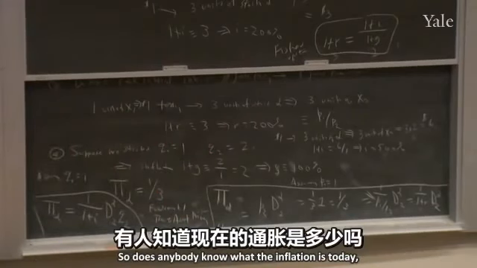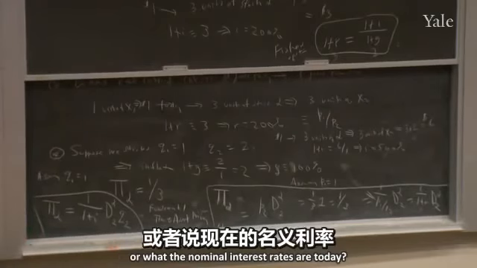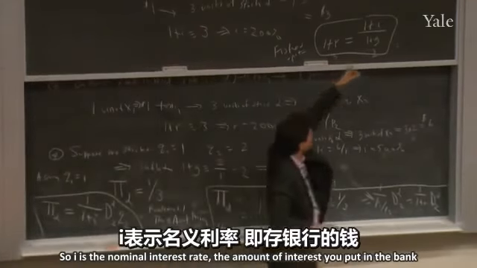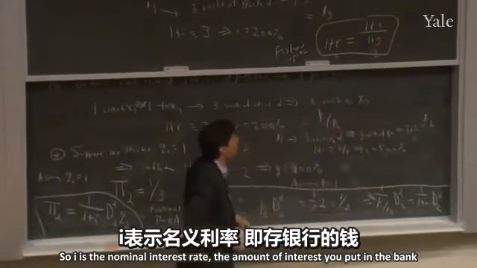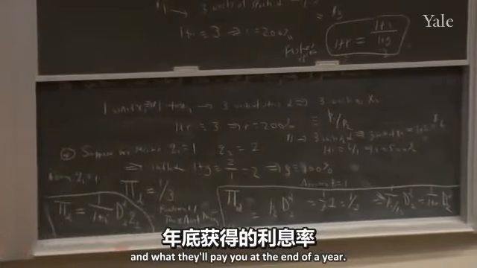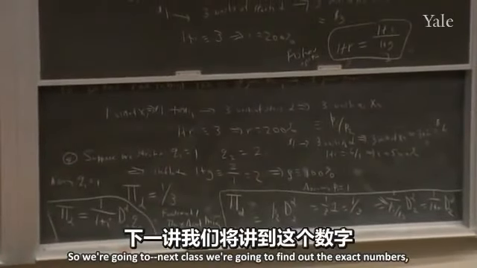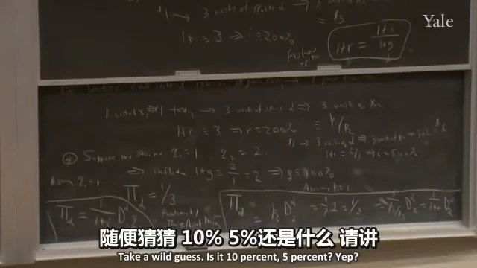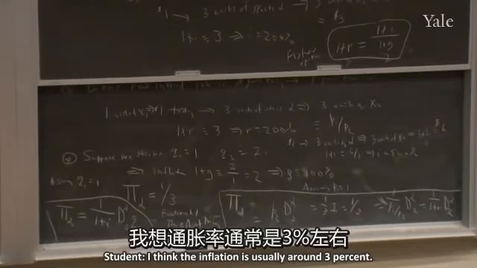Okay, so does anybody know what the inflation is today, or what the nominal interest rates are today? So i is the nominal interest rate, the amount of interest you put in the bank and what they'll pay you at the end of a year. Next class, we're going to find out the exact numbers, but what do you think it is about? Does anyone have any idea? Take a wild guess. Is it 10%? 5%? Yep. I think inflation is usually around